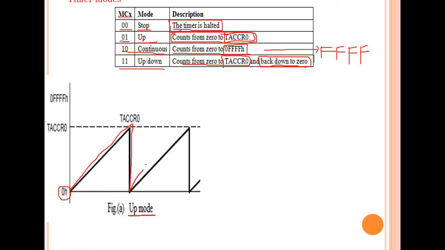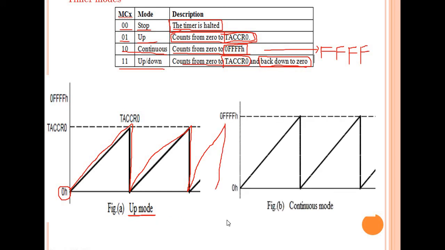Again it will count to TACCR0. In this way, in up mode, it will count from 0 to the value present in TACCR0. Next, coming to continuous mode, it will count from 0 to the maximum value that can be held in the 16-bit counter, that is up to FFFFH. See, it is counting from 0 to the maximum value FFFFH.